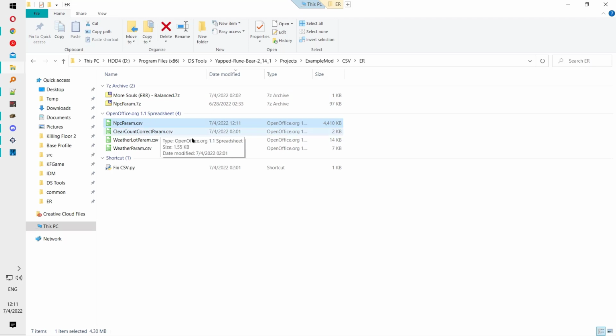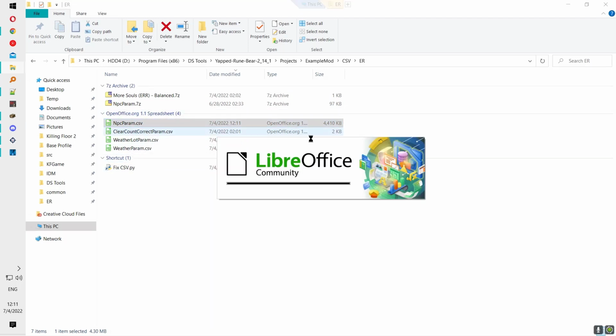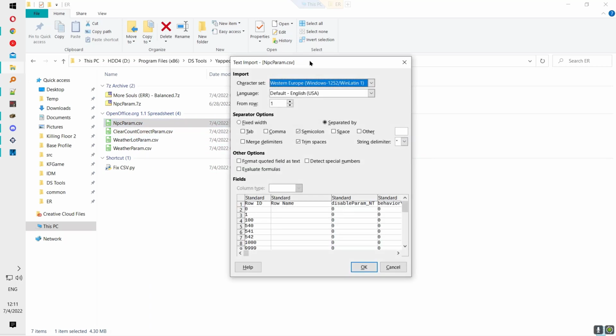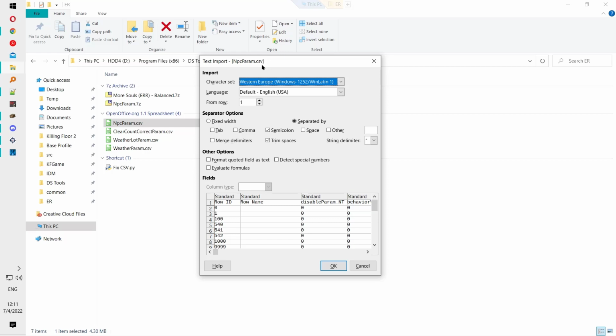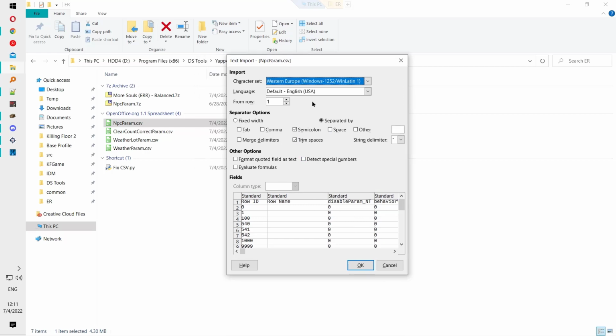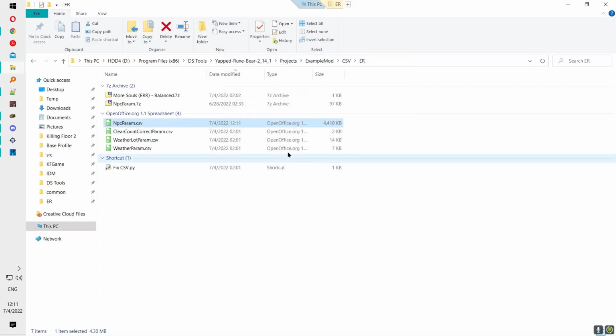See this file? So I'm going to open it, and you don't need a sophisticated program. I'm just using LibreOffice, which is like a free version of Microsoft Office, except that it's free and, I believe, open source, so anybody could use it. I'm going to hit OK, but before that, I'm going to make sure that I hit semicolon. This doesn't affect much, but I like to use it just in case. So I'm going to hit OK, and now